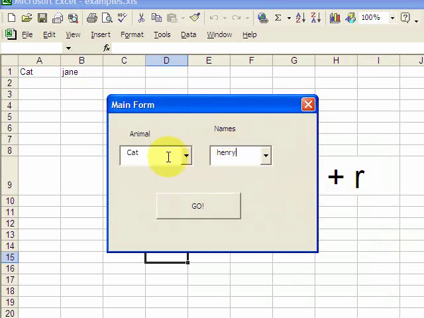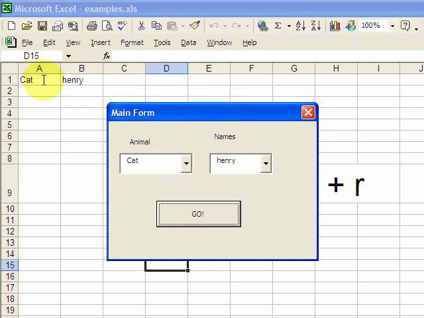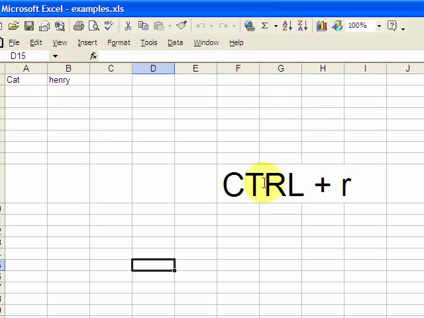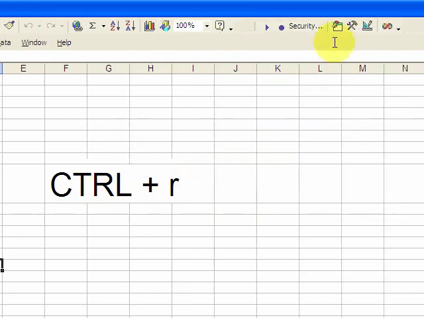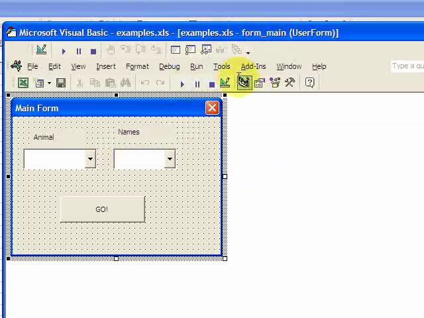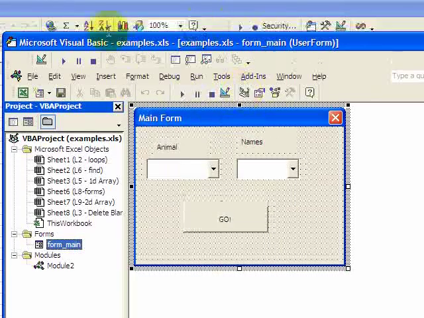So what's going on is this combo box of names is dependent on what you select in this dog combo box. And then when you hit go, it just puts the animal and the name in the cell on the worksheet. So it's an introduction to forms, it's an introduction to how to write code for the forms and exactly where to write the code. So let's first go into the Visual Basic environment and click on the